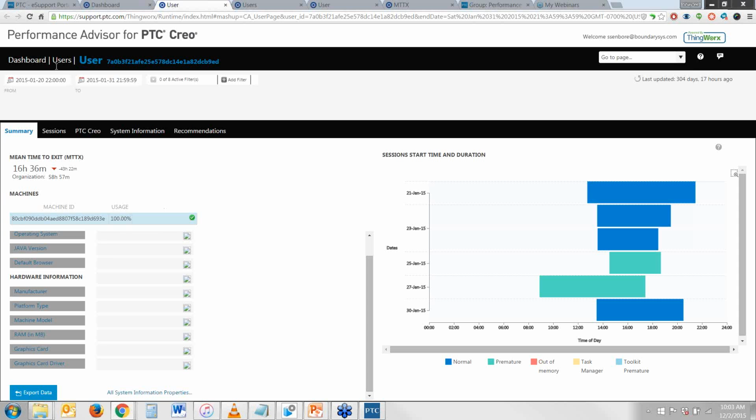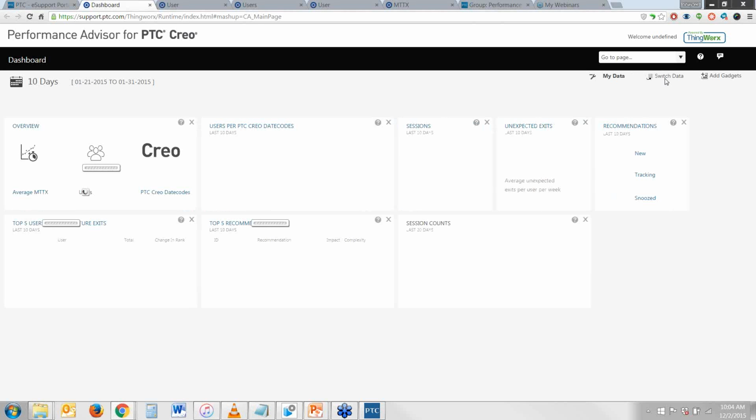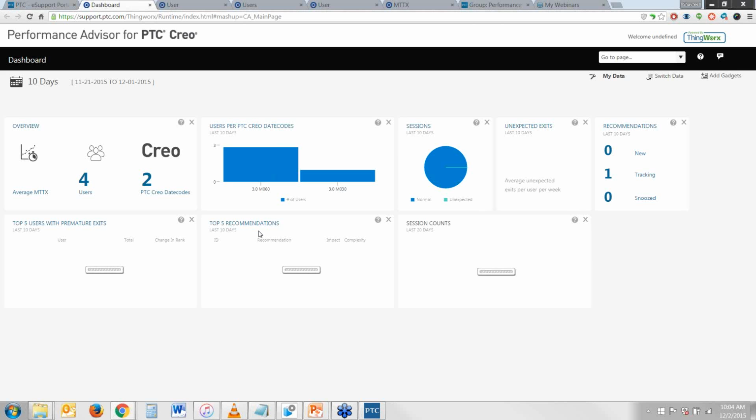Now I'll go ahead and switch back to the dashboard again, and we'll highlight one more tool over here. Currently, in this particular case for the sample data, this doesn't load up anything. But what we'll do is switch data and go to our data for boundary systems. In this case, we're still loading it up on our machines, so we don't have as many machines yet populated with this. But one of the things I'll show you here is when this recommendations